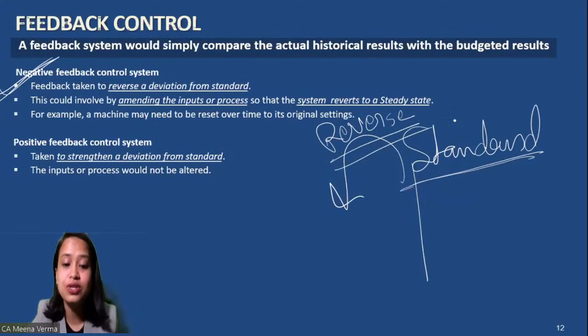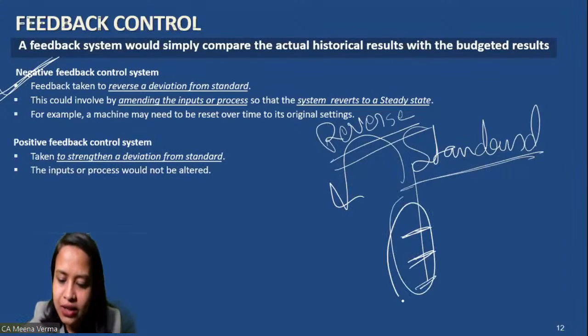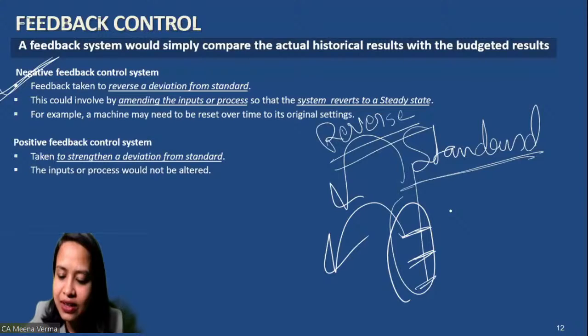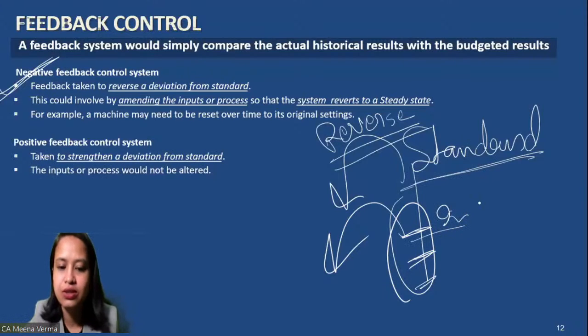Like, I have considered that for producing one good I need this quantity of raw material, this labor hour and all. The standard is not good and I want to reverse it. It will come under negative feedback control. Amending the input which you have considered here, that standard, I want to produce one finished good,